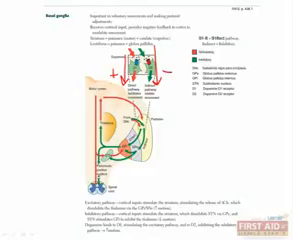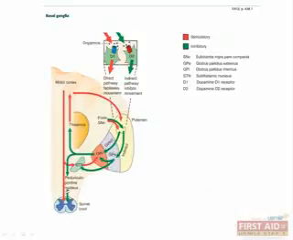The trick to remembering the complex interactions between the nuclei is to think back to a basic mathematic principle. A negative multiplied by a negative is a positive. So, with this in mind, let's go through the pathways. The striatum, which is composed of both the putamen and the caudate, receives excitatory stimuli from both the cortex and